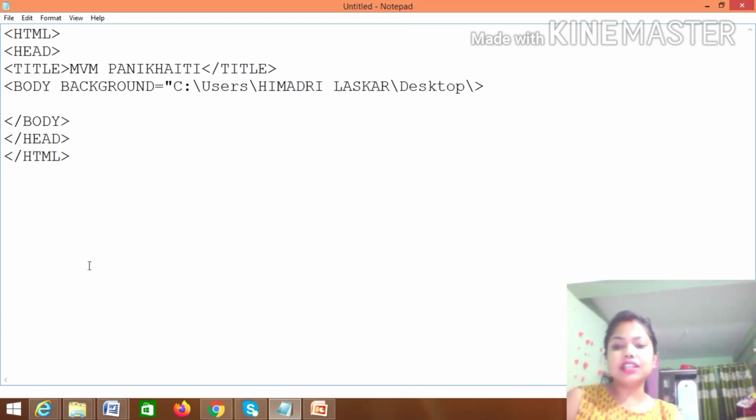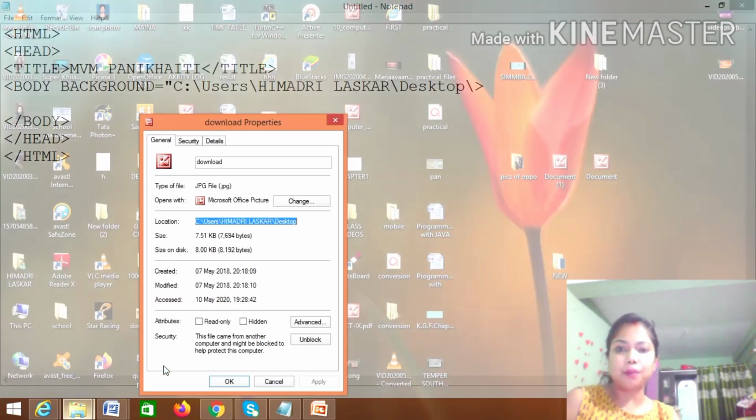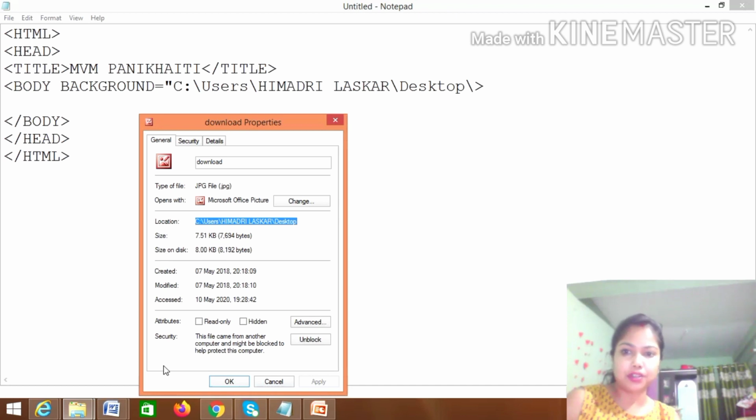After that, again go back to the picture property. This is my picture property, and from here you will have to copy the name. So here is the name in the box at the top. This is the name of the picture, so you copy this also. Okay, and see what the extension is. Under type of the file, here you will get the extension, it is .jpg.